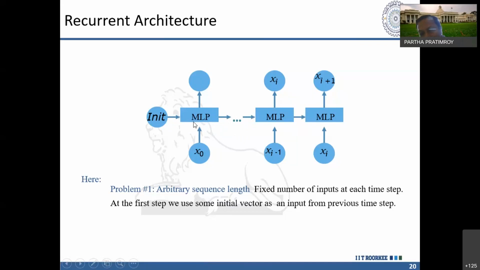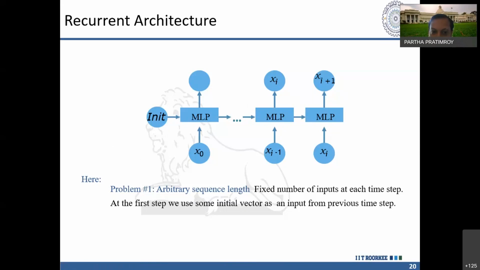Whatever the hidden neurons or output you received in the previous step, that information we connect. So this will be a simple connector, where you have a word and it will give you a possible next word, and it will also consider the previous information. So what we have seen is that this multi-layer perceptron is possible. This recurrent neural network will be built using the neural network or multi-layer perceptron.